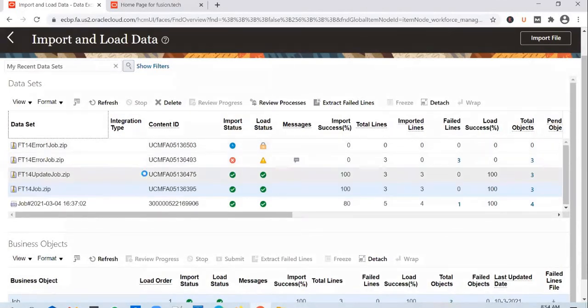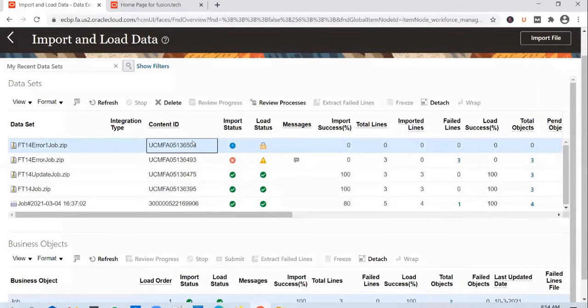And the second one is the second file, where we tried to analyze how the merge works, right? And the second reprocessing option is to edit the data in the interface table. We did it by downloading a spreadsheet in the case of FPDA. But in the case of HCM data loader also, you have an option to edit the data directly in the stage tables, but it's not a feasible option, to be frank. But I'll show you how you can do that.